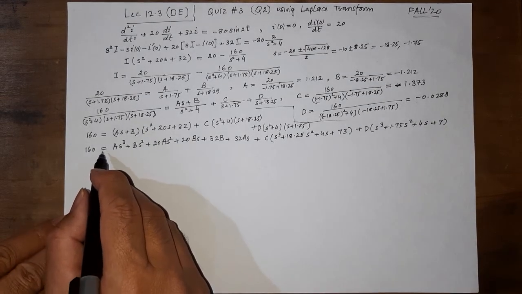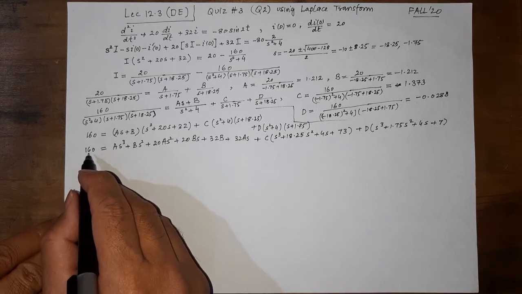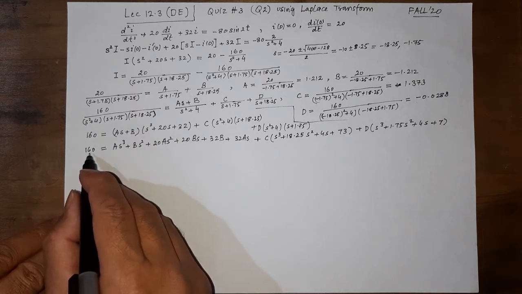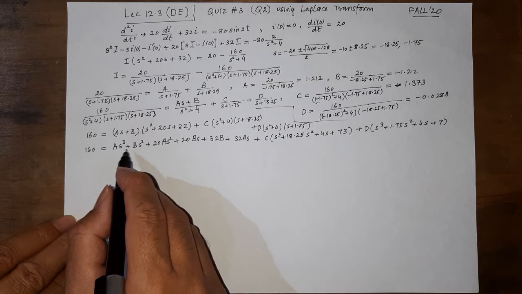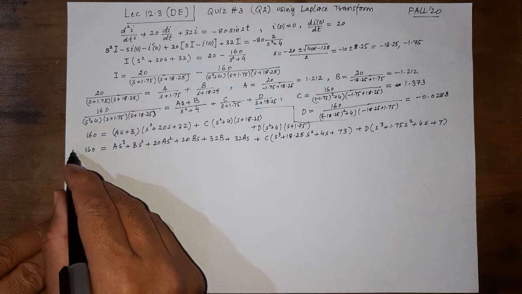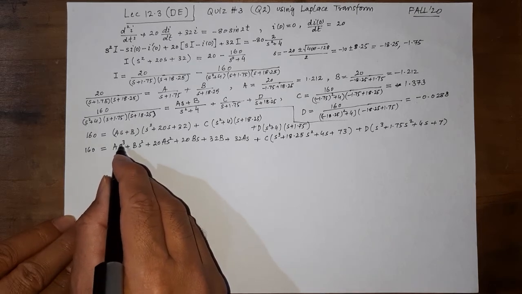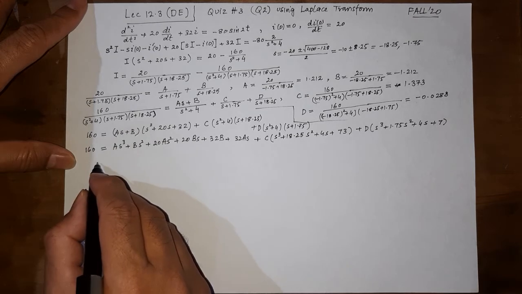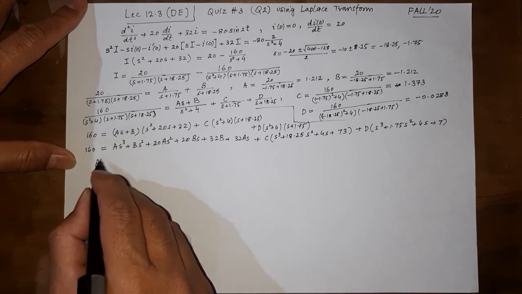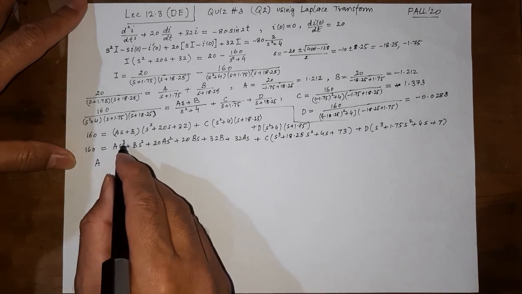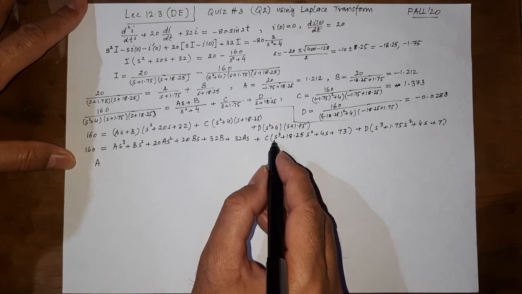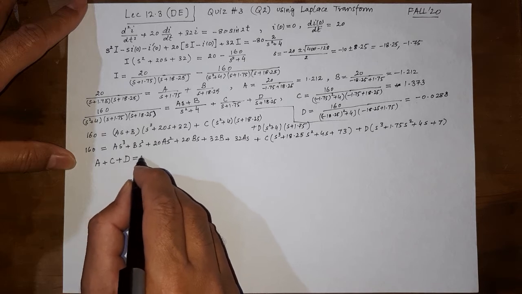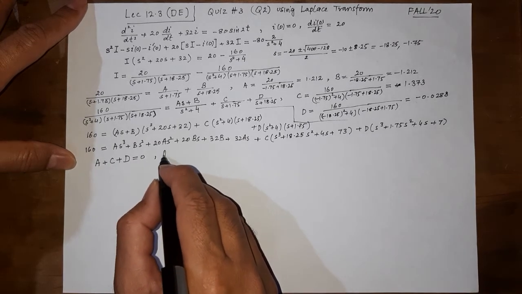So now once again comparing the left hand side with the right hand side. This is a constant, so all the terms which do not have s in it can be equated to 160, and the terms with some s will be equated with 0 because there is no s term here. For example, let us take the cube terms first. See all the cube terms here: A, ignore the s cube in those terms, C plus d, so this thing is equal to 0. We already know what is c and d,